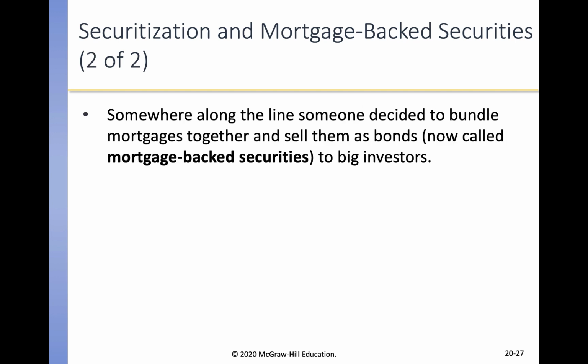Okay, but now these big banks decided that they would bundle mortgages together and sell them as bonds, so mortgage-backed securities. Okay, so now rather than making money over time through mortgages, they grouped a bunch of these mortgages together and sold them. So these banks were lending money and then making money up front by selling these mortgages to someone else.